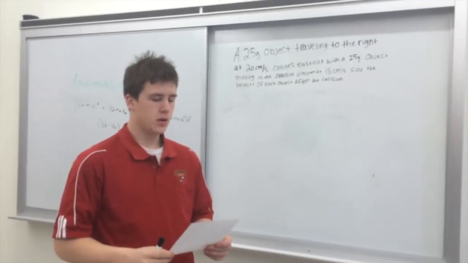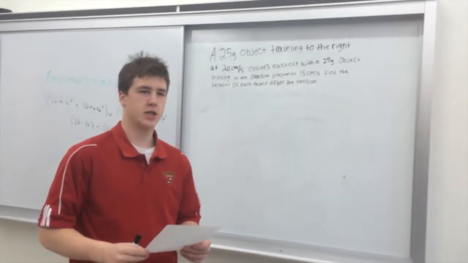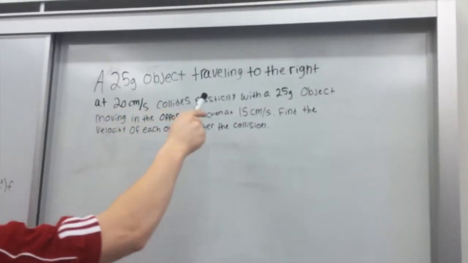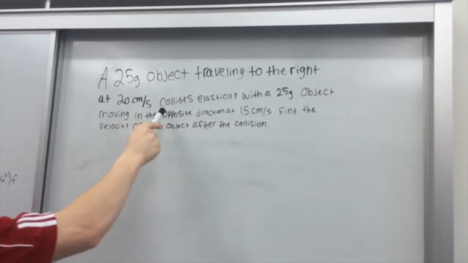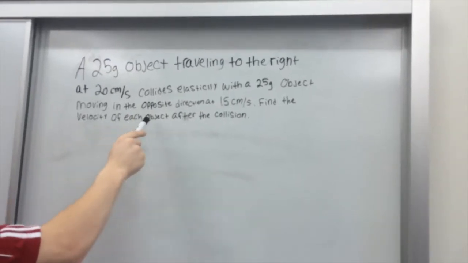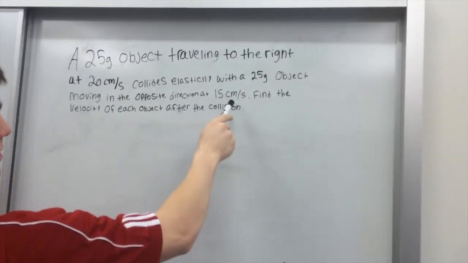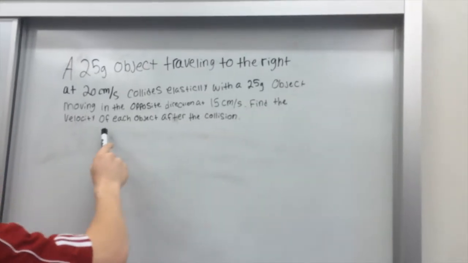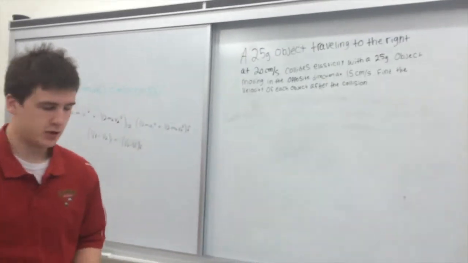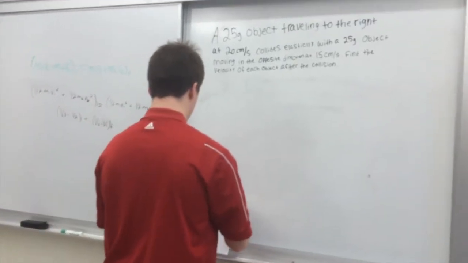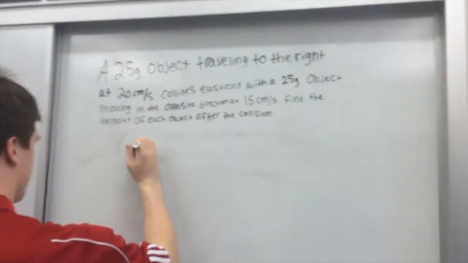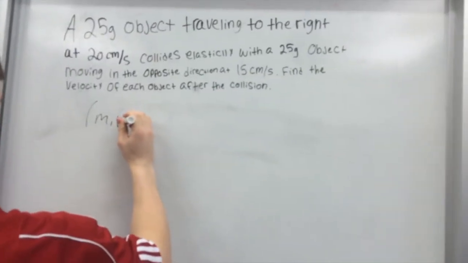An example problem of elastic collision would be something like this. A 25-gram object traveling to the right at 20 centimeters per second collides elastically with a 25-gram object moving in the opposite direction at 15 centimeters per second. Find the velocity of each object after the collision. First we're going to start off by using the conservation of momentum equation, which is m1 v1 plus